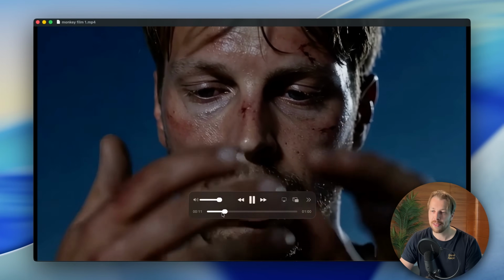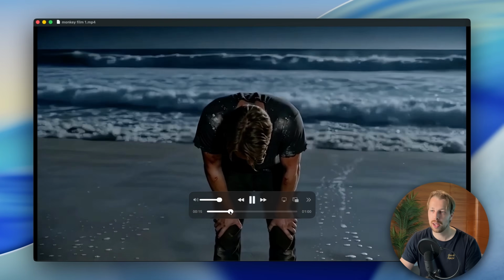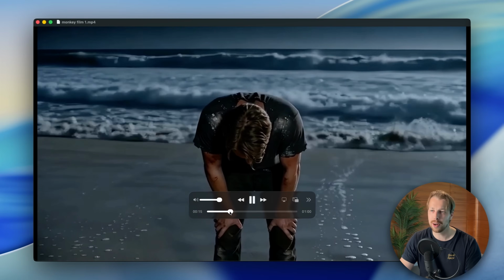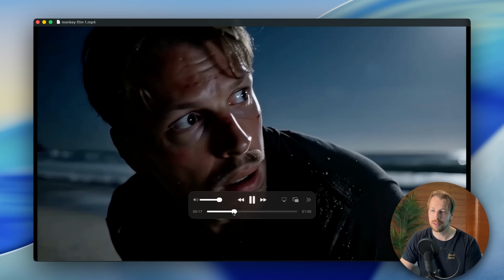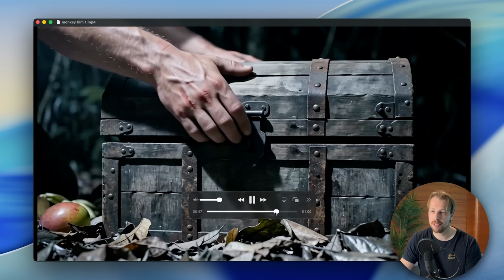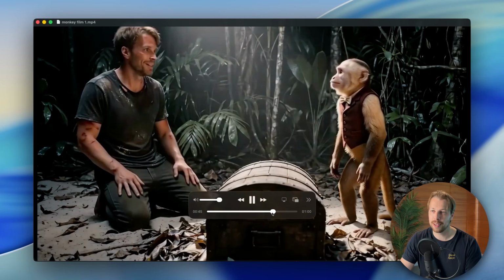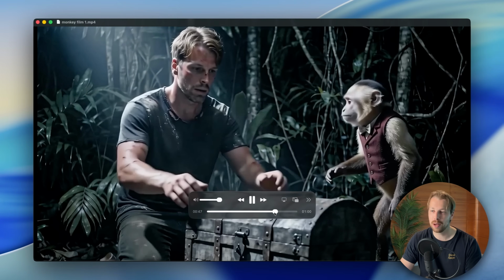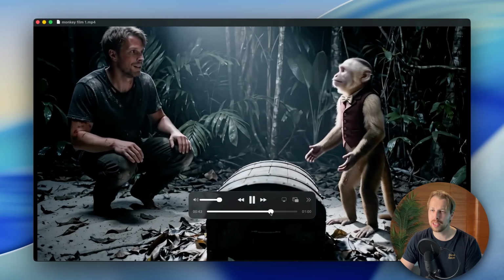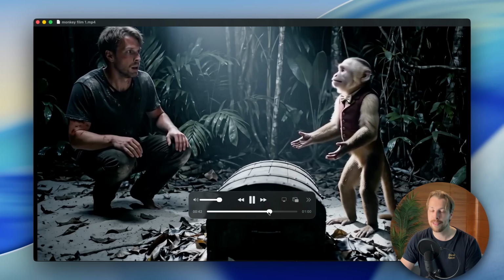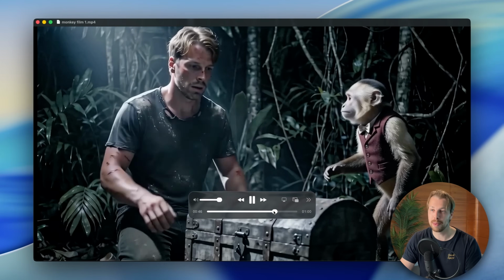Then also, here we have some other glitches. For instance, this one looks fine, but then it cuts to a different scene where I'm facing the ocean in a completely different angle. So that didn't really make any sense whatsoever. And then also here where I open up the chest, it actually looks like there's some kind of an illumination going on right before I pry it open. And then all of a sudden it cuts to a completely different scene where the lighting doesn't match and where I'm basically doing the same thing I already was doing here in the previous scene. So this is once again 5 seconds that I could just get rid of directly because it would only confuse